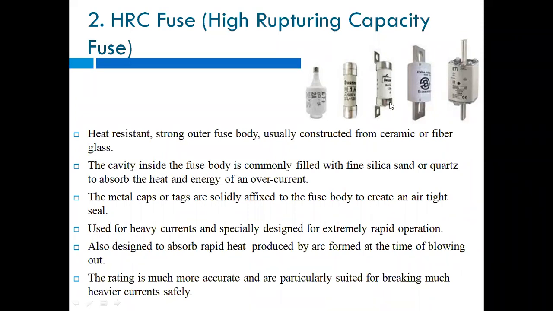Okay, then what is the advantage of HRC fuse over it? Yes, first Ankita told wrong size or improper material wire. High speed operation. Yes, correct. High speed operation. Then no maintenance. Yes, no maintenance. Correct. Cheaper than others.